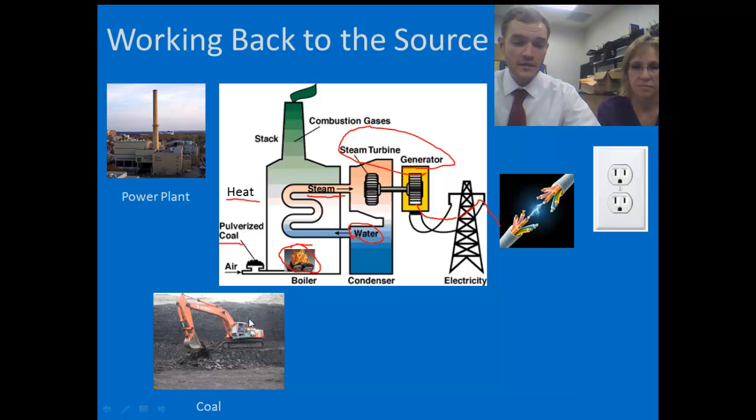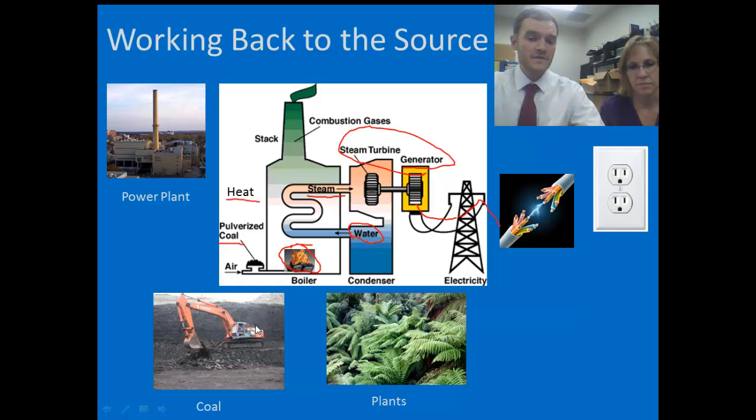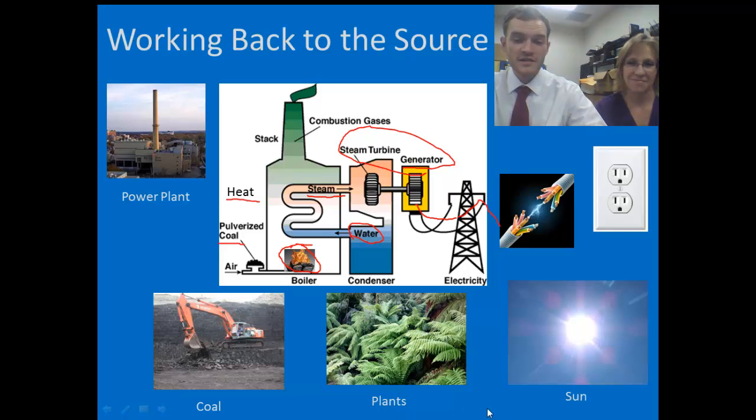And that energy had to come from somewhere. Well, how would energy get in coal? Well, we talked about with the carbon cycle that sediment and rocks can come from living things. And that's what happens with the coal. That burial and sedimentation occurred. So hundreds of millions of years ago, there were plants that died, got buried, and they turned into coal. And those plants had energy stored in them, and they got their energy from the sun. So if we trace back from this electrical outlet, the energy that's in that electrical outlet originally came from the